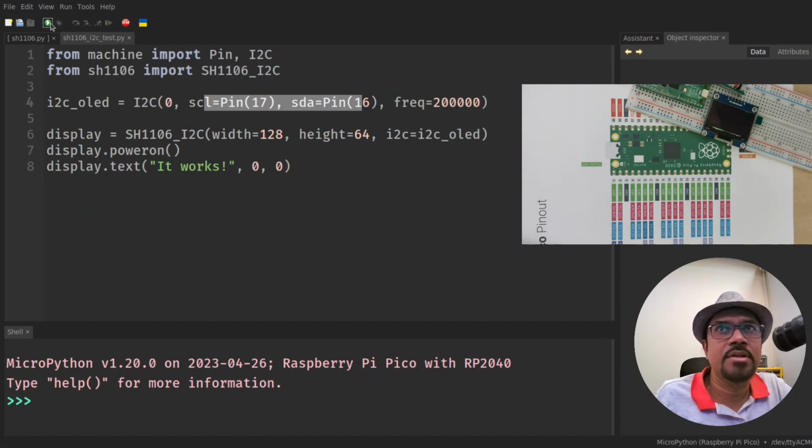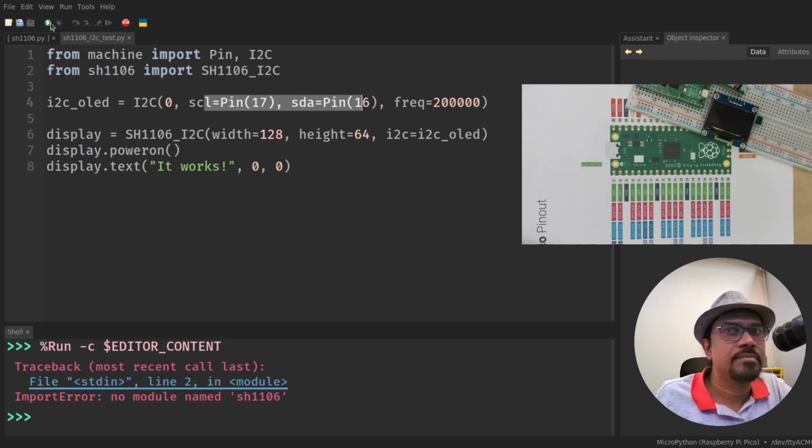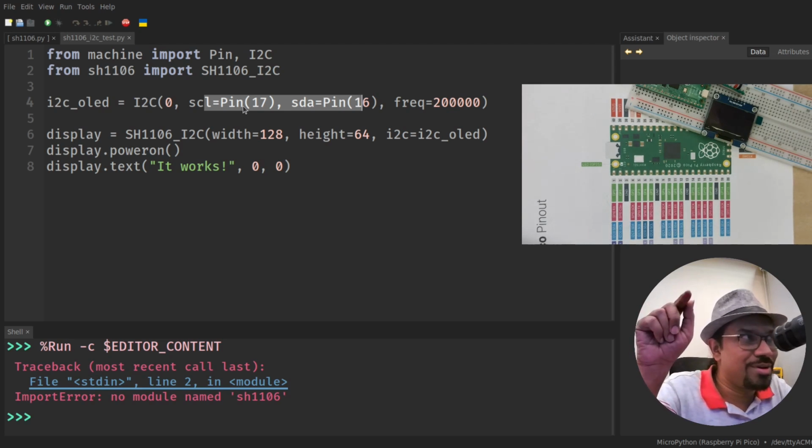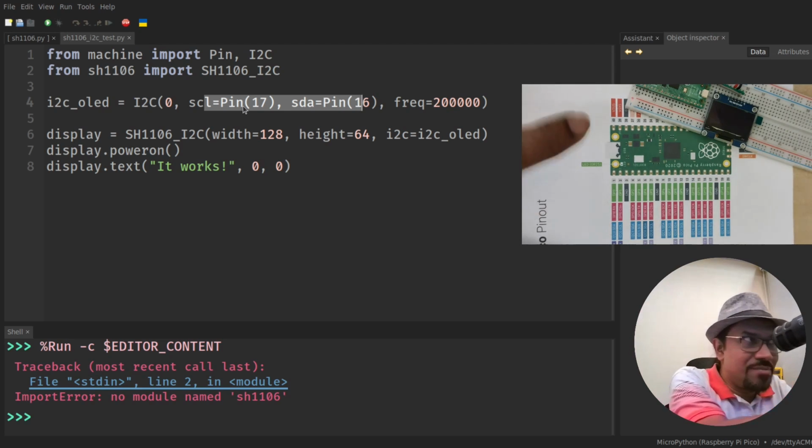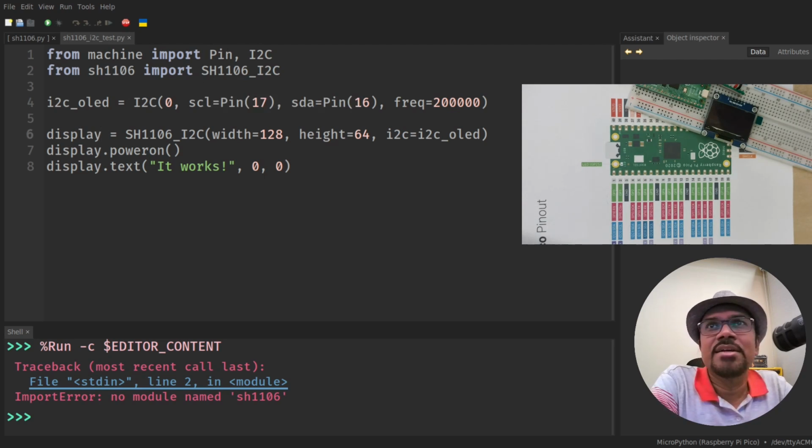I'm going to hit on the run button. Oh, there is an error here. It says SH1106, no such priority. I think I'm running on my local computer. I have to save this on this board, right? I didn't do that. So I need to save